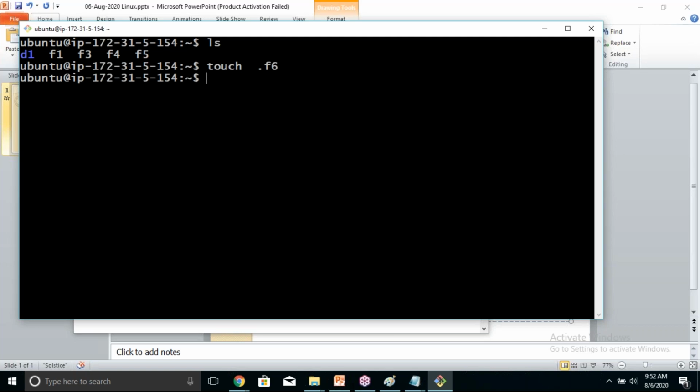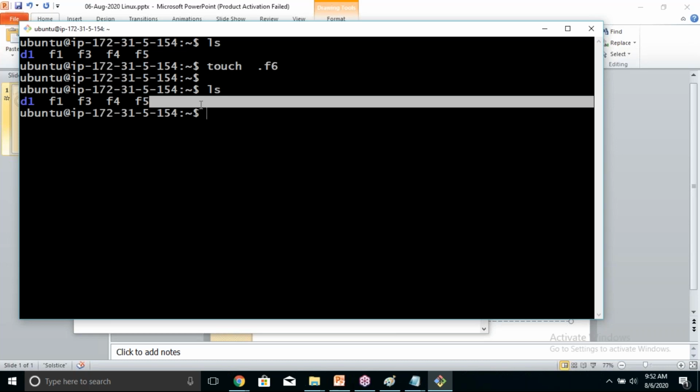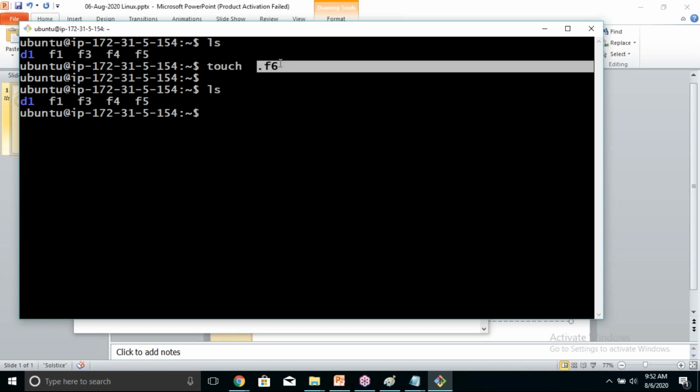File created, no doubt. ls, are you able to get the information about f6? The file has successfully been created, no doubt, but are you able to see f6? No. This means the file which you have just created, .f6, is a hidden file. In Linux, when a file name starts with dot, it's a hidden file.